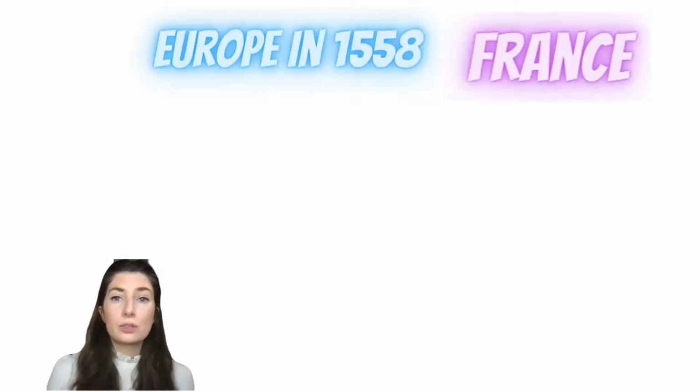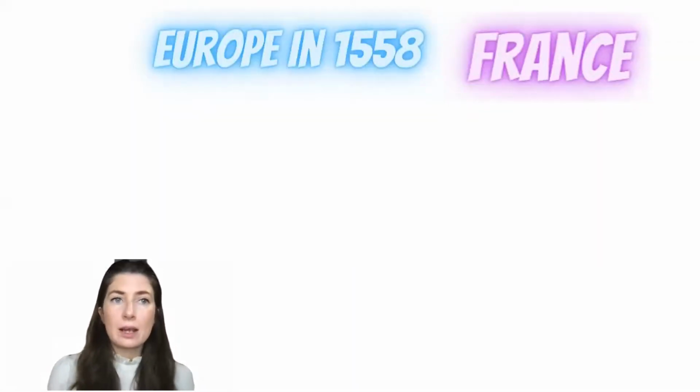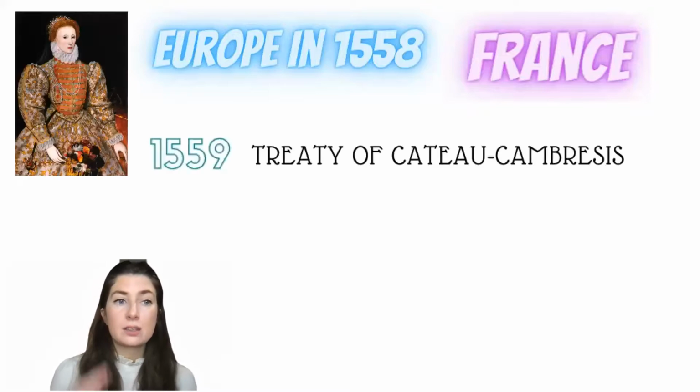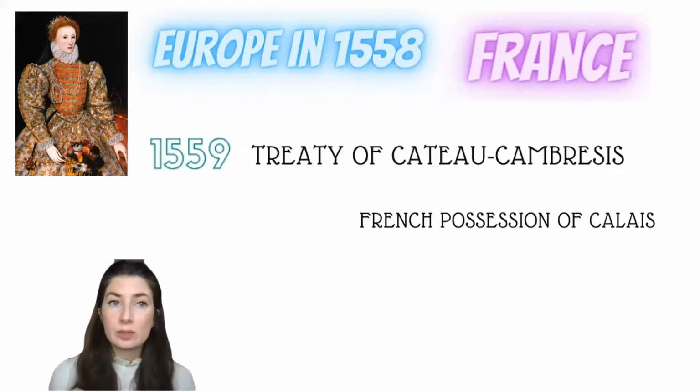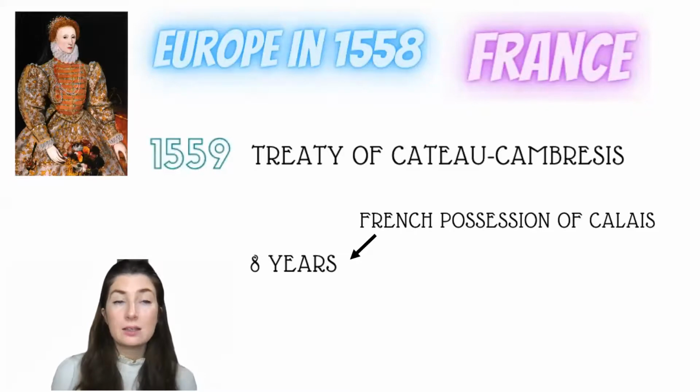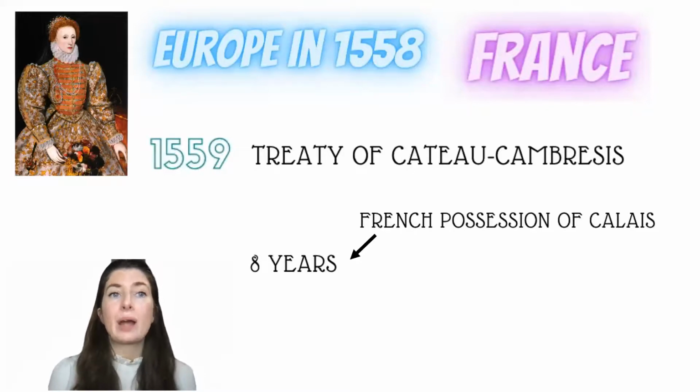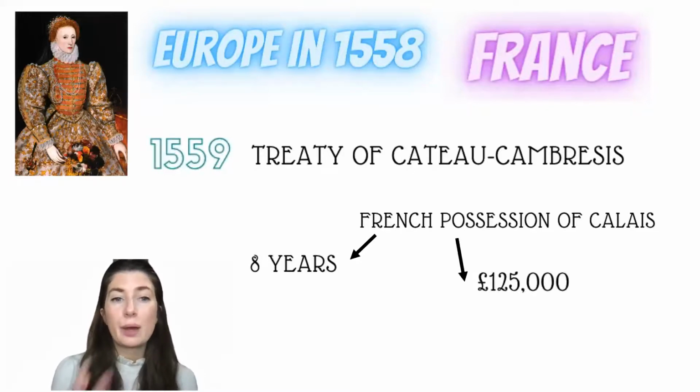Now I'm going to move on to look at France. Elizabeth enters her reign with the legacy of the war that her sister had entered. And so the very first thing she does in 1559 is sign the Treaty of Cateau-Cambrésis, which formalizes what happens with Calais. So it gives France possession of Calais for the next 8 years, at which point they're supposed to give it back to England. And if they don't, they have to pay England